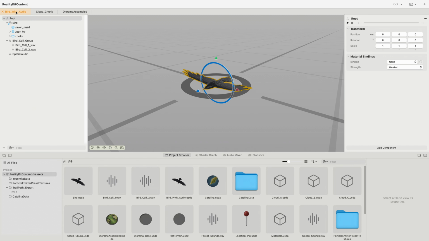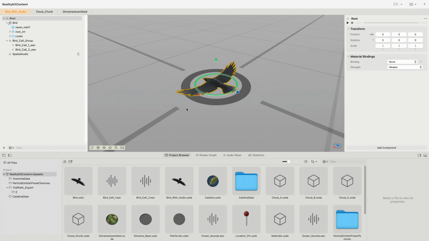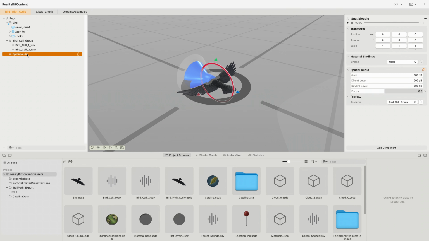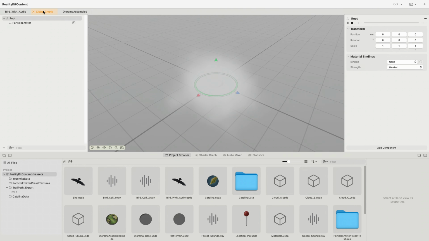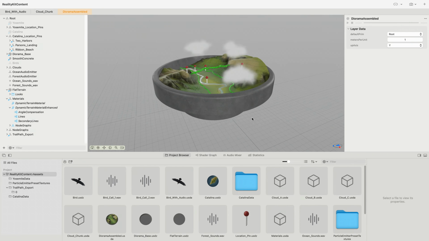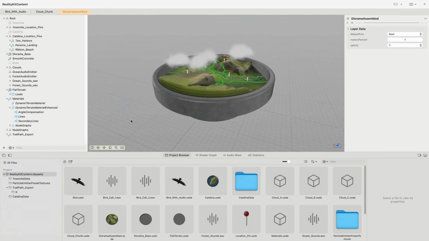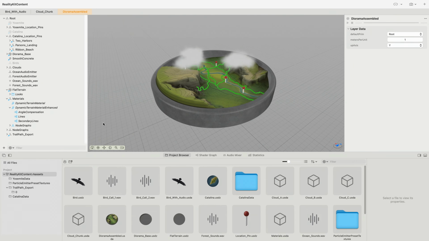Let's get started. In Eric's session, we made a Reality Composer Pro project that contains all the assets for our diorama arranged the way we want them. These tabs at the top each represent one root entity that we can load at runtime. We can put a lot of things into a scene and treat that as our fully assembled scene, or we can put just a few, and then treat that scene like a little reusable assemblage. We can make as many as we want. Let's see how we load this scene, named Diorama Assembled, at runtime.